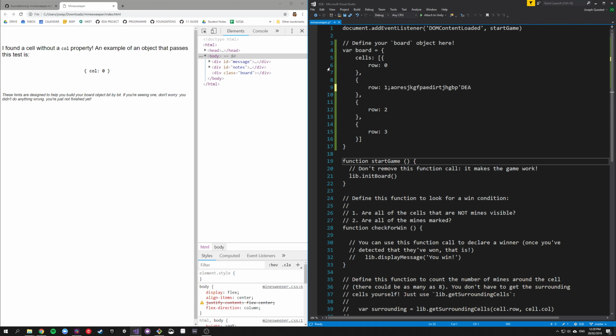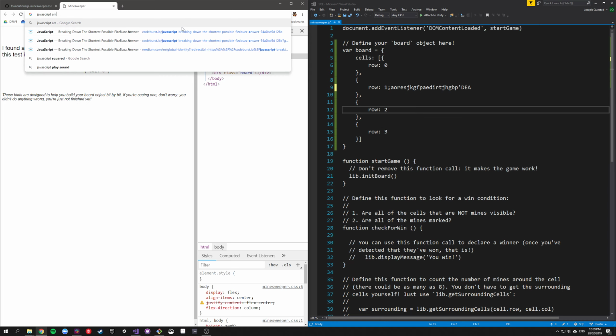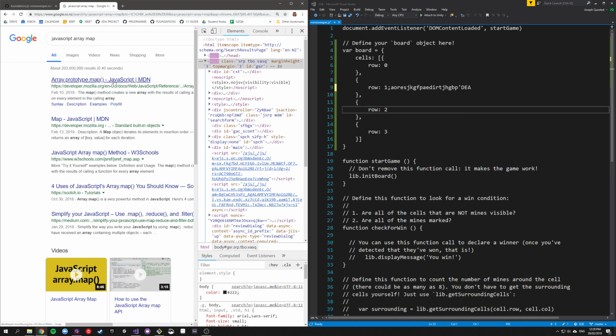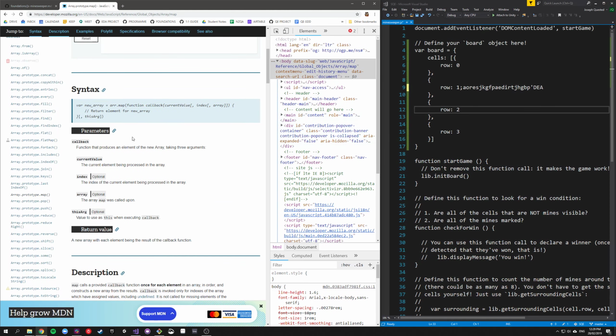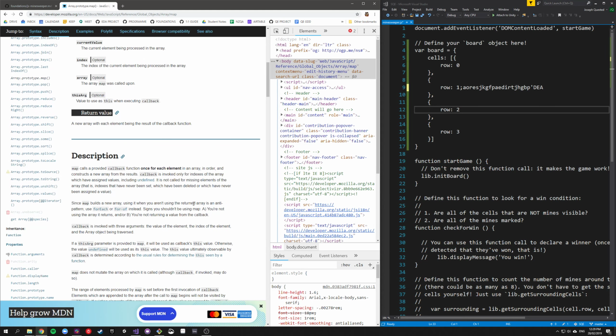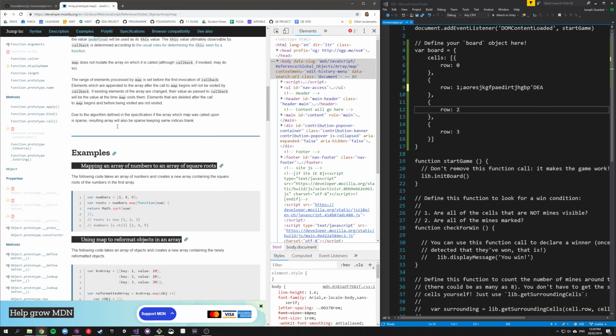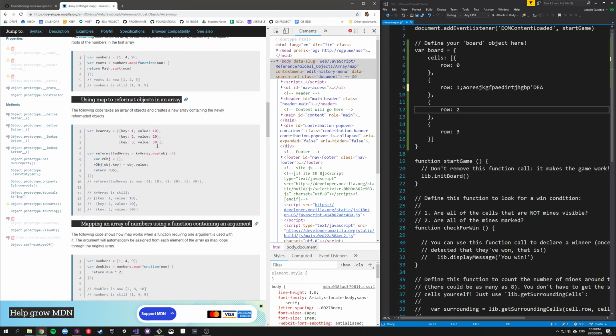you understand that whenever there's something you don't get, so earlier I used that array map function, for example. If you just left me alone right now and asked, can you figure out how to make the array map function work? There's no way I could, right? When I was preparing for this session, I didn't remember how the array map function worked. So I googled JavaScript array map. And then I was like, oh yes, excellent, this looks good. And then I looked at this, and I saw their examples, and I read the description of what it's doing, and they've even got lots of different examples of how to use array map